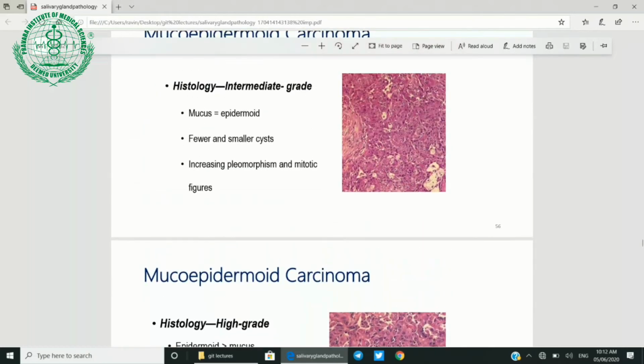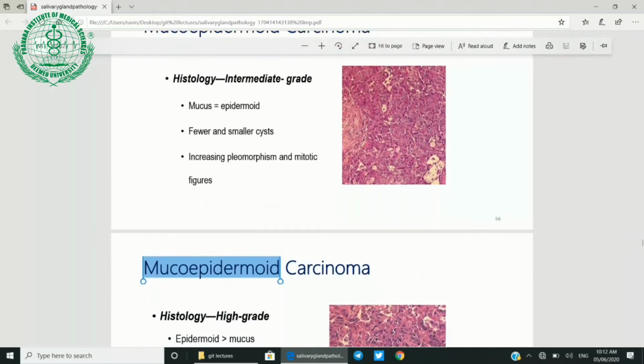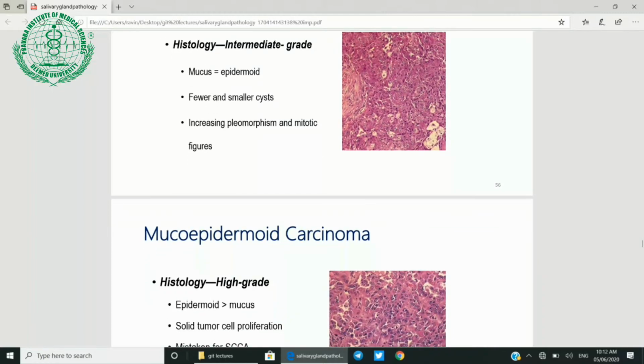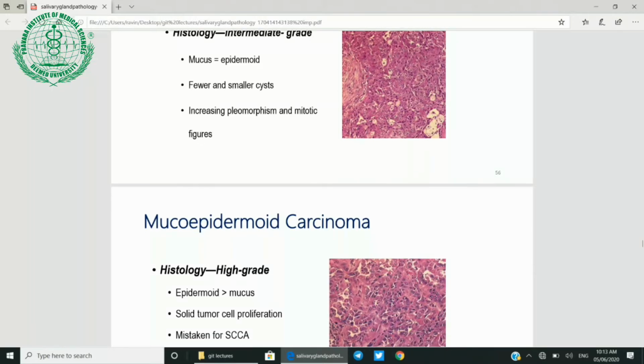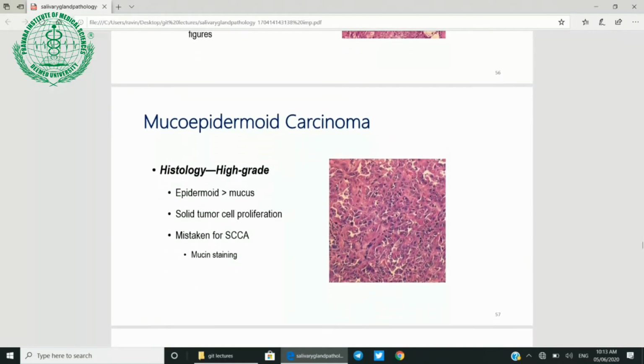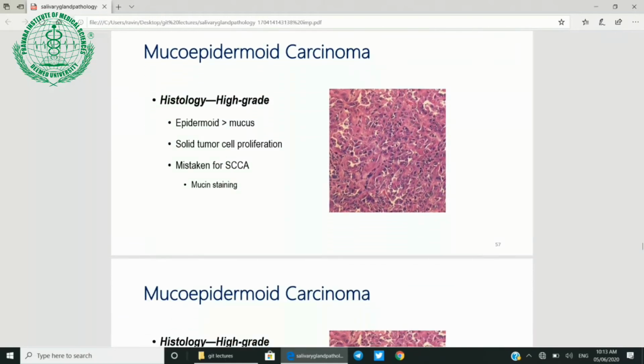So, low grade and high grade. Low grade will be, mucus cells will be more than epidermoid cells, or they may be equal in proportion, with a very small number of cysts and increased pleomorphism and mitotic figures. And when we talk of a high grade mucoepidermoid carcinoma, the epidermoid cells are more as compared to the